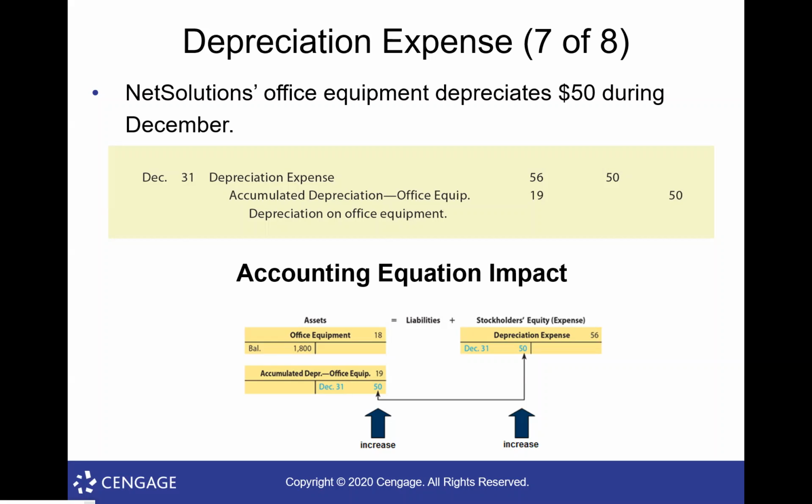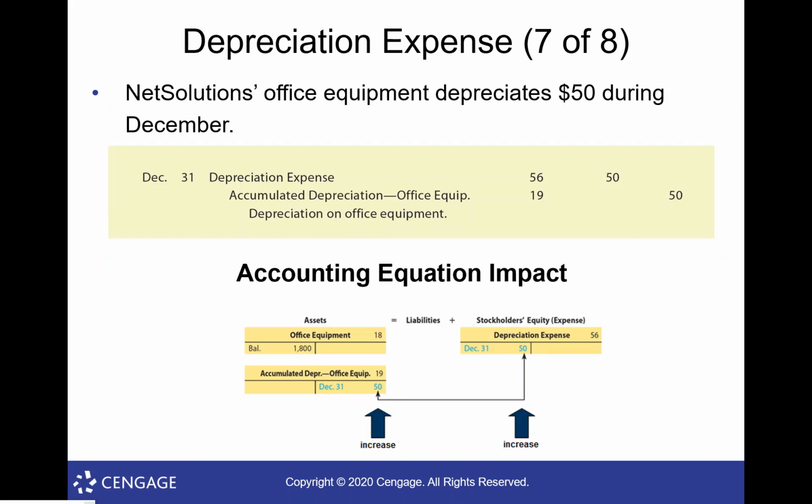And so the term that you'll see come up is book value. If someone says, what's the book value of an asset? It's the cost of the asset minus its accumulated depreciation. So after 1 year, our computer equipment book value is going to be $750. And it'll actually show on the balance sheet. In the asset section, it'll say computer equipment, and then there'll be a second line that will say less accumulated depreciation. And then it will give you a total of $750. Okay, 1,000 minus 250.